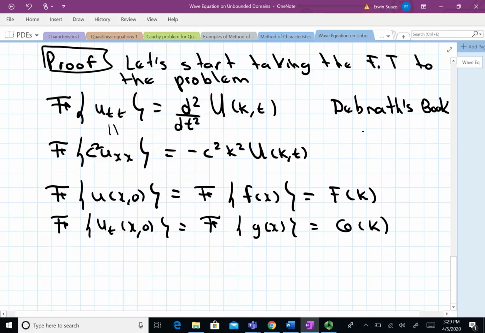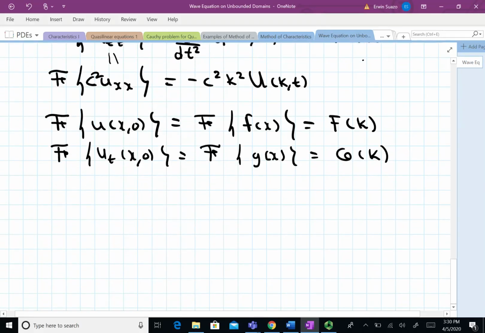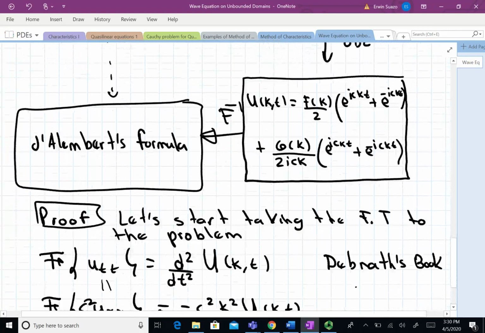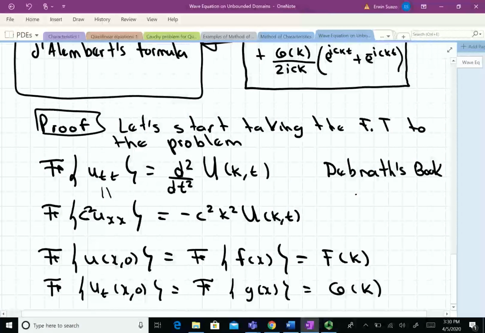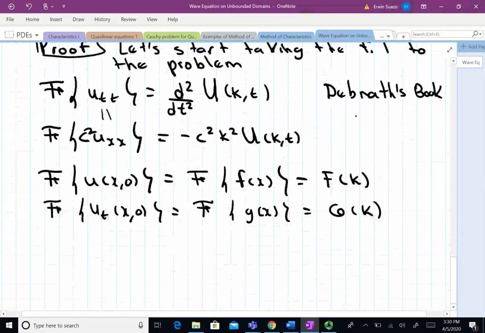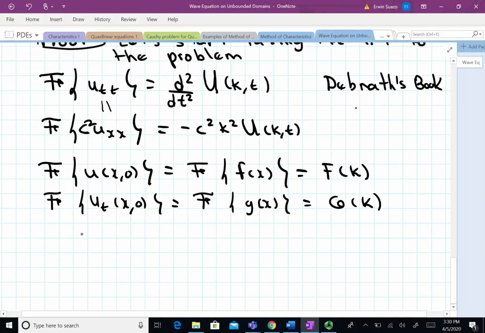Sometimes people put c. Okay, and then I take the Fourier transform of the initial data. u(x,0) is capital F(k), and the Fourier transform of the last one is G(k). So you see, that's my first step. I'm obtaining this system. I have the second derivative with respect to time, so this is ordinary differentiation. Okay, U_tt(k,t) equals minus c squared k squared U(k,t),